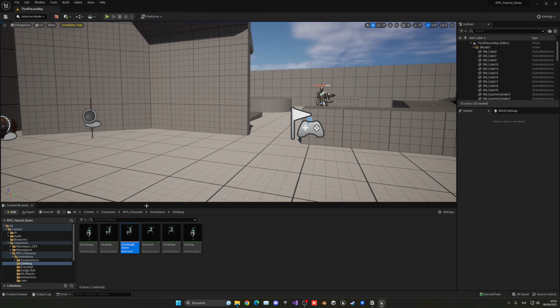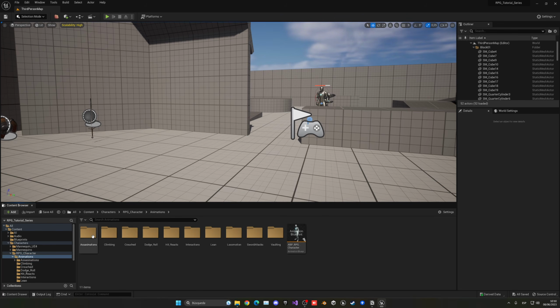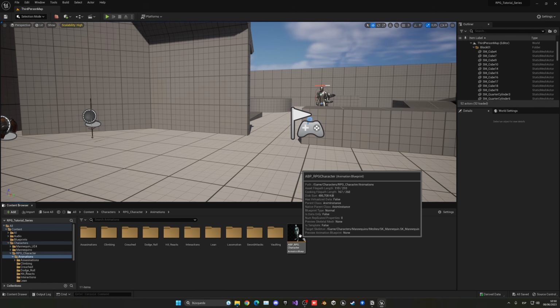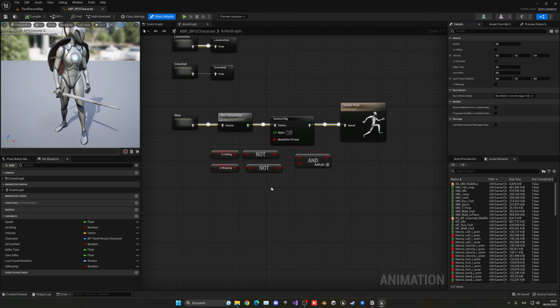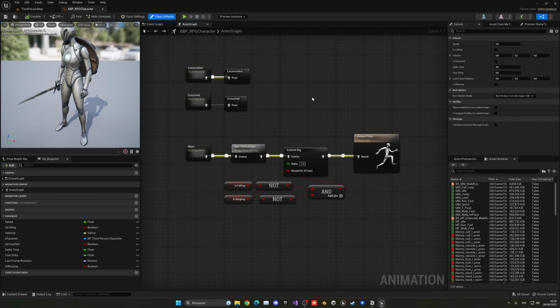So let's go ahead and close it. And now what we have to do is open our animation blueprint. So let's go back into the RPG character folder, animations, and let's open our ABP RPG character. Let's go ahead and double click, and there we go. As you may know, this is our